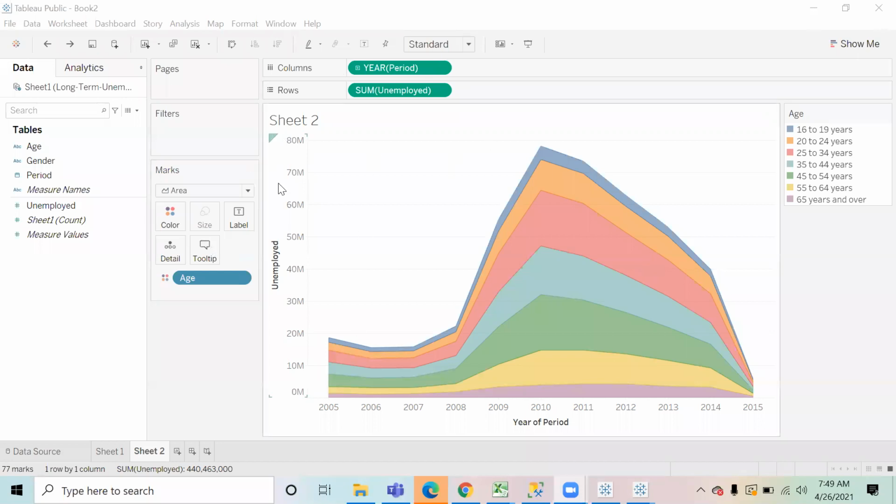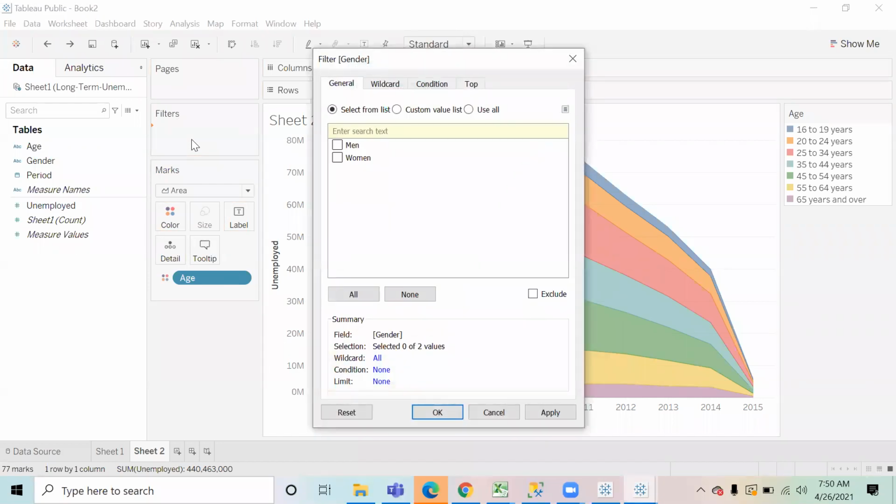Now we have a feature that is called filters. What I can do now is simply pick up the gender and put it in the filters.